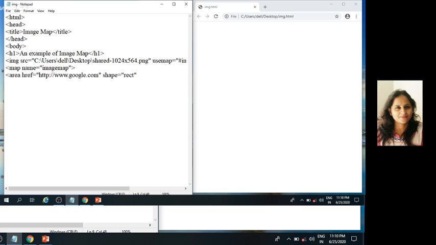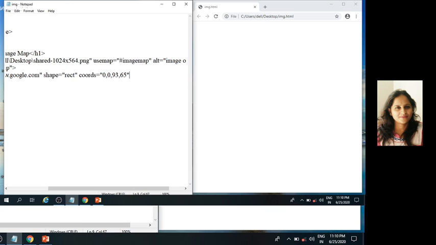Here we define rect shape for the Google website. Coords is equal to 0, 0, 93, 65. Alt is equal to Google site.